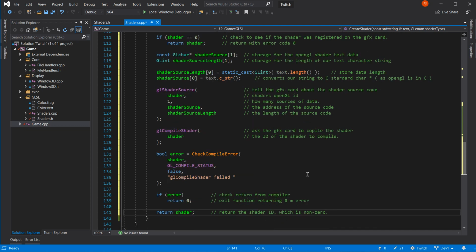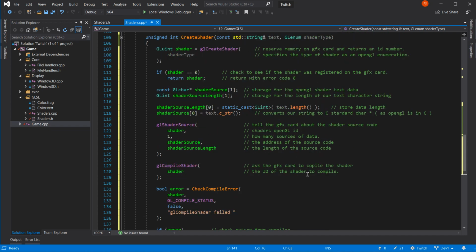Right, okay. That will actually compile a shader. Check for errors. And return a shader ID, which is all you need. Wow. Am I happy with that? Coffee, what do you think? I think I'm happy with that, except for the lack of notes on the check compile error.